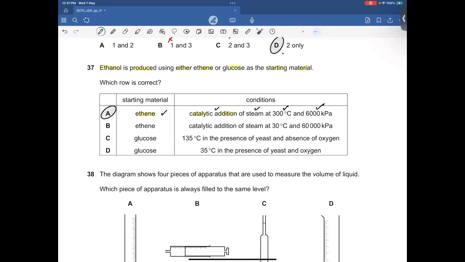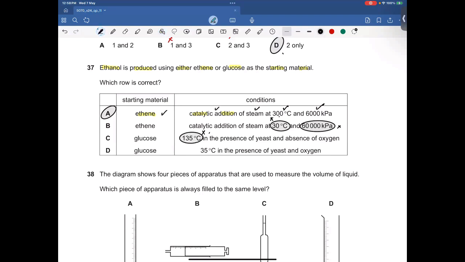Let's talk about other options. Ethene, catalytic addition, steam. Temperature is wrong, and pressure is also wrong. When glucose is the starting material, टेम्परेचर ऑब्वियसली ये हो ही नहीं सकता क्योंकि इस टेम्परेचर के ऊपर एंजाइम डीनेचर हो जाएगा।